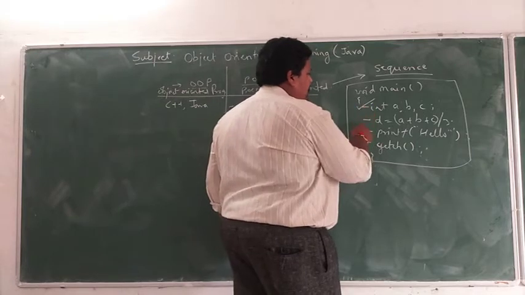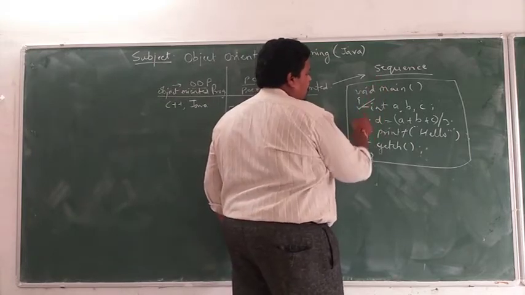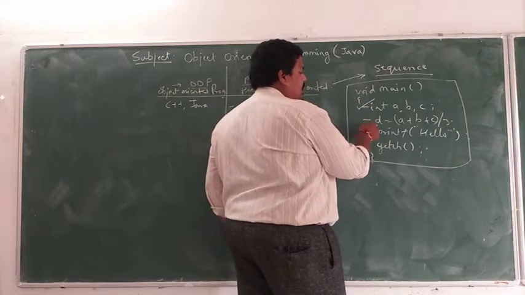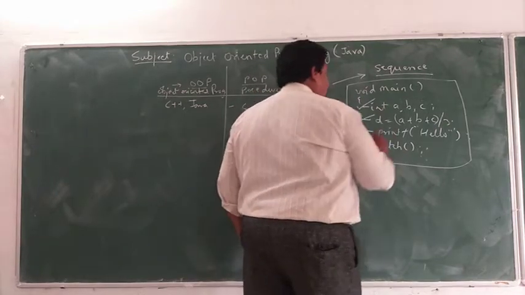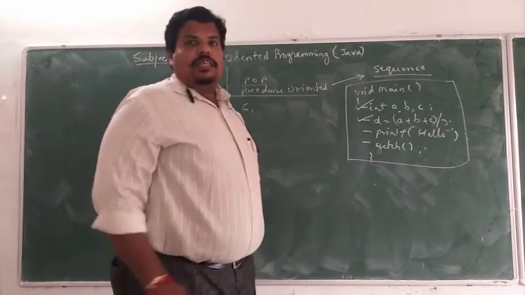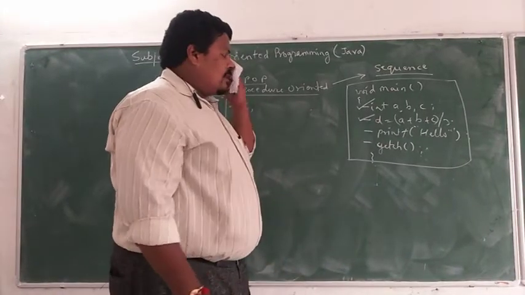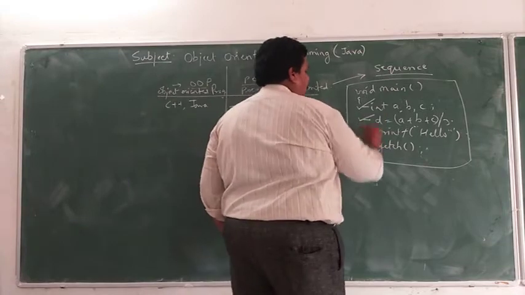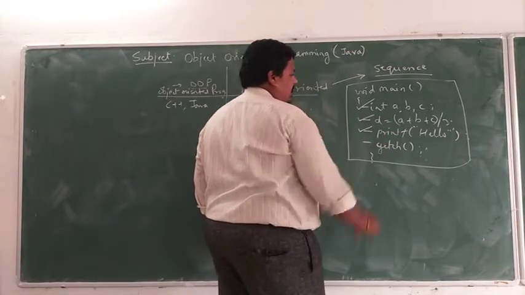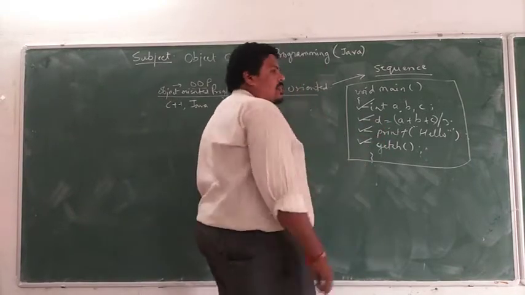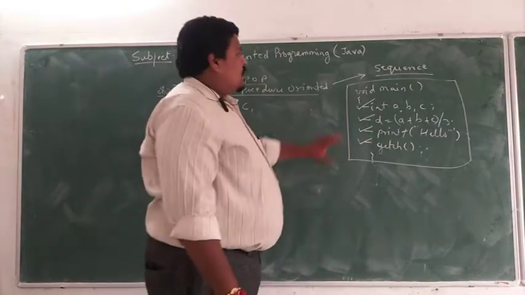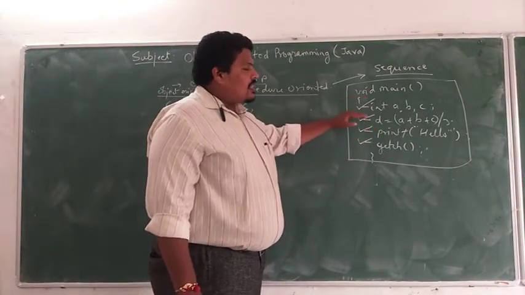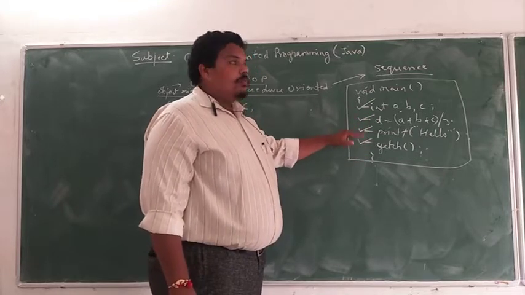Then according to the syntax, the next instruction in the sequence is this instruction of calculation of D. So the D statement will be executed, meaning the second instruction will be executed. Then again following the sequence, this third statement will get executed, then the last instruction. In this way, the total code of C will get executed instruction by instruction without breaking